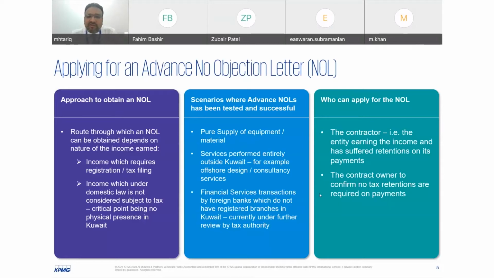But still, if the company goes for the no objection letter route and applies for a no objection letter in advance, this will not be accepted. If the company is exempted under the double taxation treaty, then tax authorities require that, under Article 13, the companies submit tax returns in Kuwait and claim such exemptions in their tax returns. I thought it would be good to highlight this part at this stage as well.